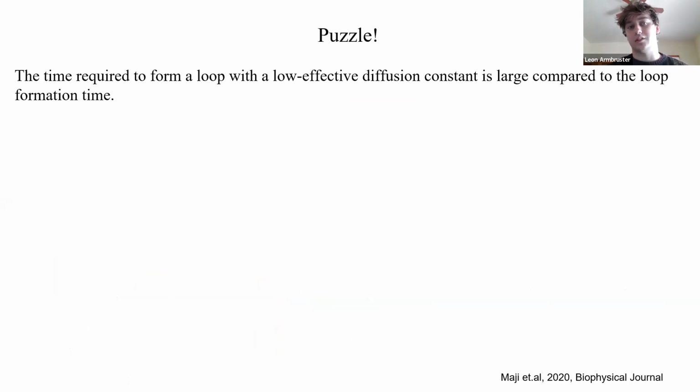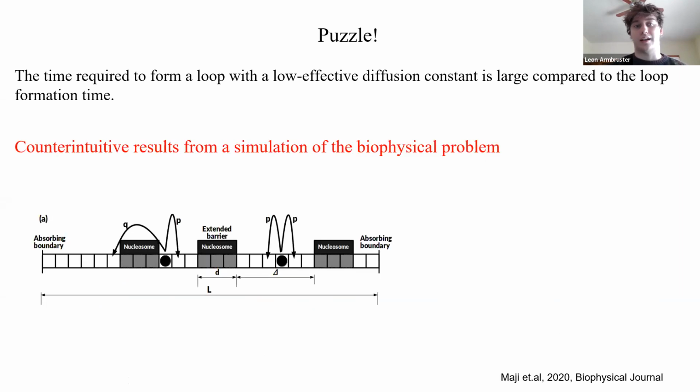The time required to form a loop with this low effective diffusion constant is large compared to the loop formation time. And we got motivated to look at it in a certain way from a counterintuitive result from a simulation. On the bottom left here, you can see a quick illustration of the simulation, with that one-dimensional lattice being the DNA backbone, the nucleosomes being extended barriers of length d, the region between nucleosomes being called the linker length delta,